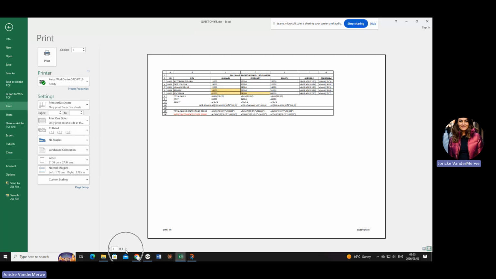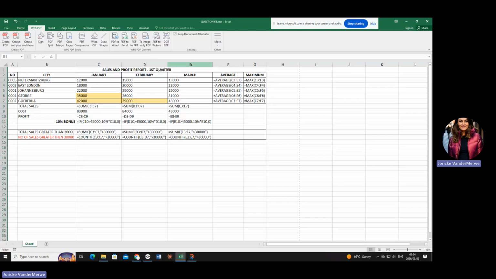Darlings, this is actually a very good way to test yourself. Before you print, make sure that it's 1 page. I can promise you, there's probably less than 1% chance for an examiner to ask you to print something over 2 pages. It is horrendous to mark. So if your thing says 1 of 2 pages, go and check if you cannot maybe double click in between. But you're not going to do this for me.